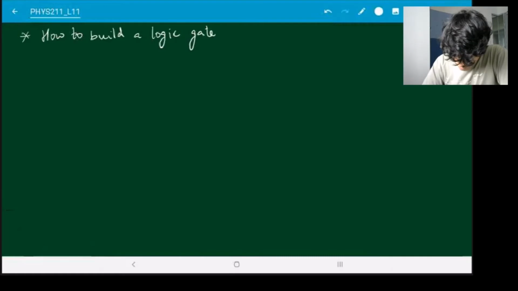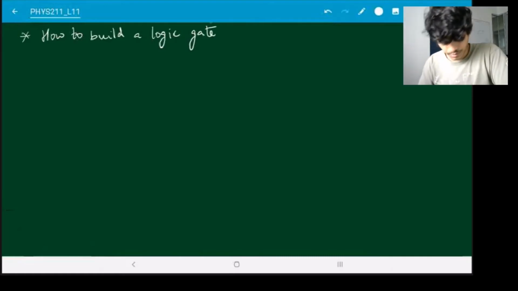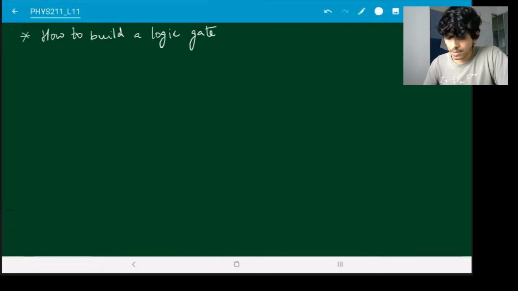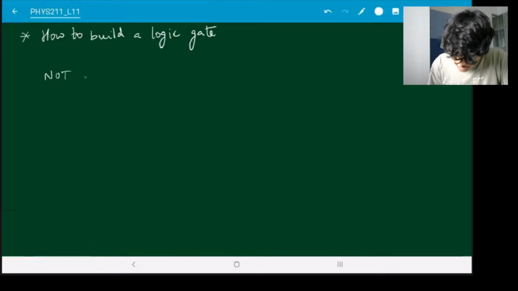And this in itself can occupy us for a whole lecture or so, but I will just give you a couple of small examples of how you can build these gates, starting from basic semiconductor devices that you have seen. So you have seen transistors, FETs, op-amps, and so on. It's very straightforward if you think about it to build some of these gates. So for example, suppose I want to build a NOT gate using transistors.